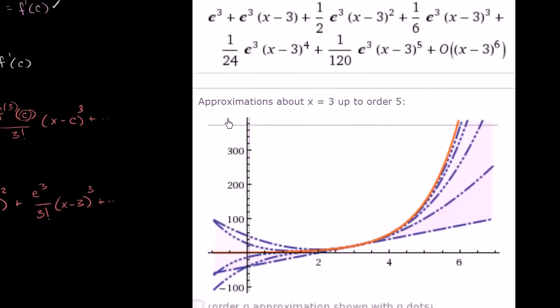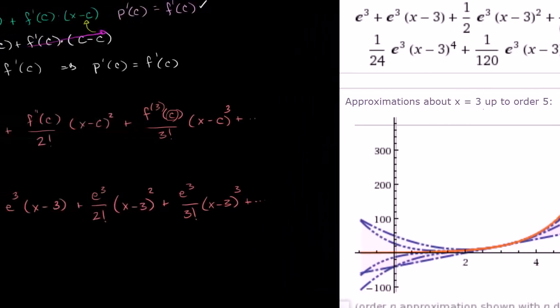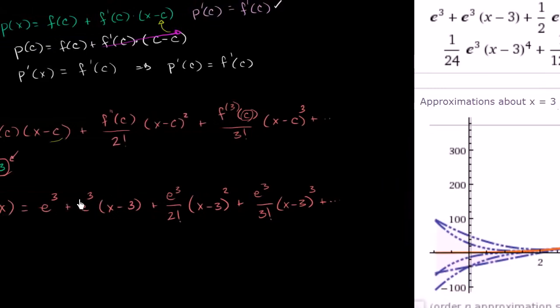And I think I typed in like Taylor series expansion e to the x and x equals 3. And it just knew what I wanted and gave me all of this business right over here. And it actually calculated the expansion. And you can see it's the exact same thing that we have over here, e to the third plus e